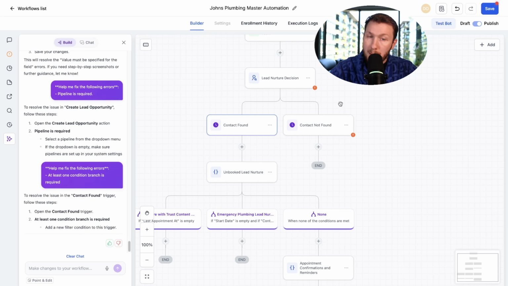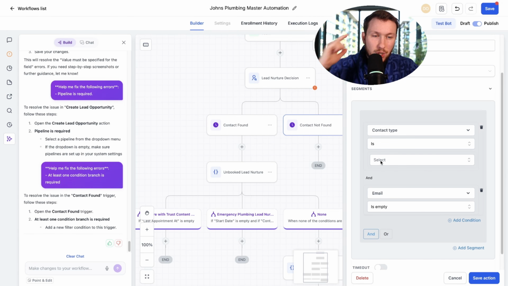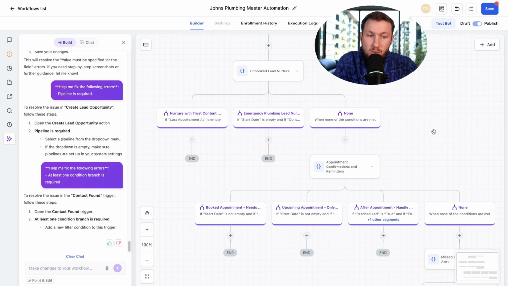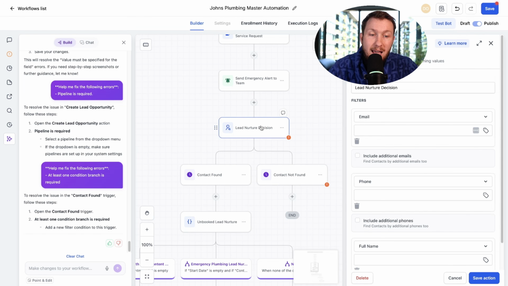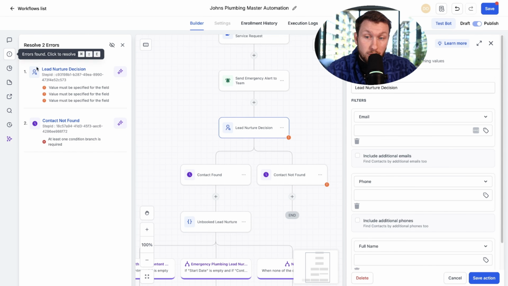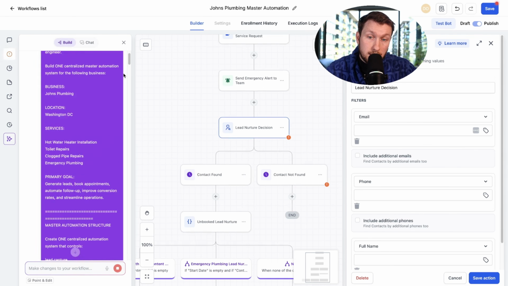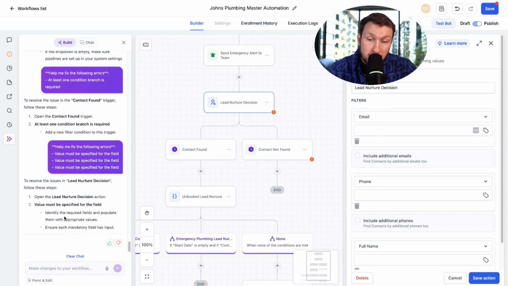It's not hard, I promise. It looks scary, but it's quite easy. It's just understanding how this process works. And from there, once you get these other two dialed, you're completely good to go, and then we're fine. And again, if you're confused, what I recommend you do is you come right in here and then you click these to figure them out, because this will tell you exactly what you need. It says value must be specified for the identify the required fields.